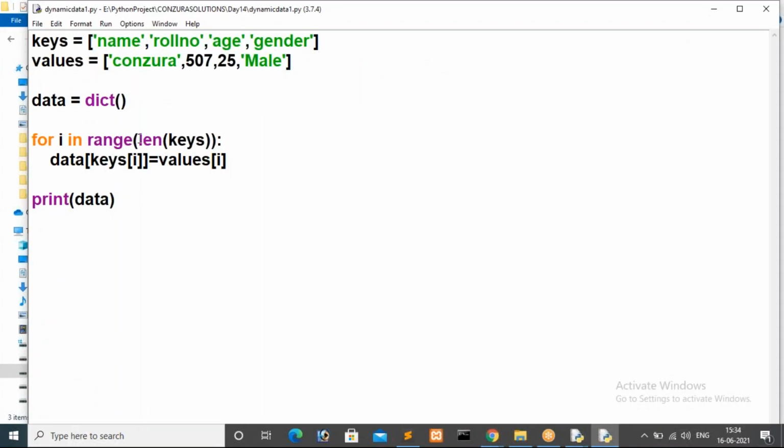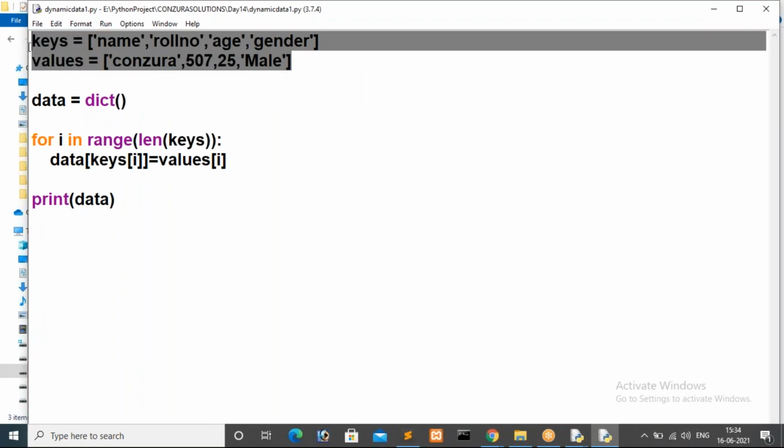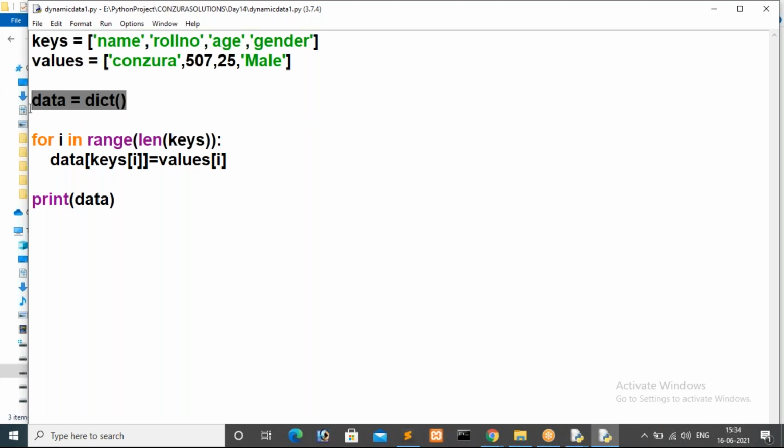Okay, we are following length here. So this is the basic procedure I explained to you. Yesterday I took two different lists. Then to make a dictionary, I have to initialize a dictionary, that is the first step. Then we find the length of any one of those lists. Then we make them as a dictionary.